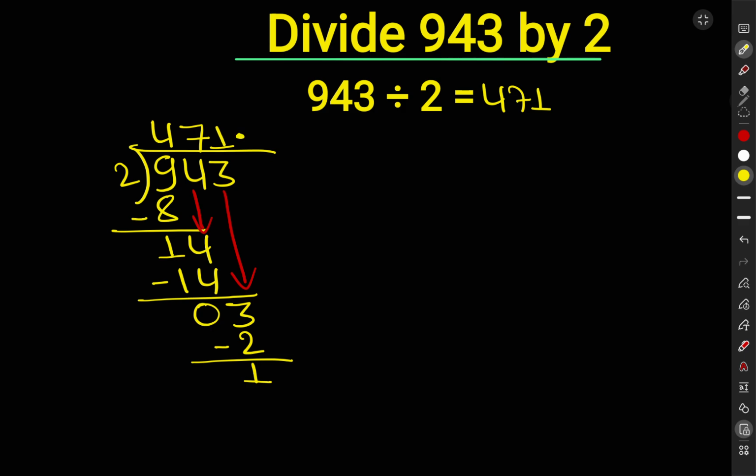So we put a decimal here so that we can put 0. So it is 10 and 2 times 5 is 10. On subtracting we get 0. So 943 divided by 2 is